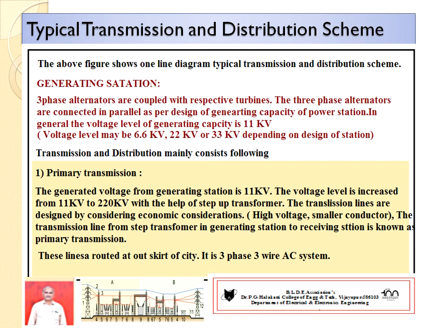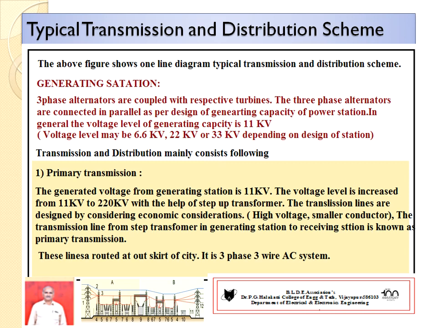With the help of the one line diagram, the same points I explained are highlighted here. In the generating station, a number of alternators are working, connected in parallel, and a maximum voltage of 11 kV is generated. After that the voltage is boosted in the generating station transformer from 11 kV to 220 kV. The output of this step up transformer is distributed on the transmission lines. This is known as primary transmission.